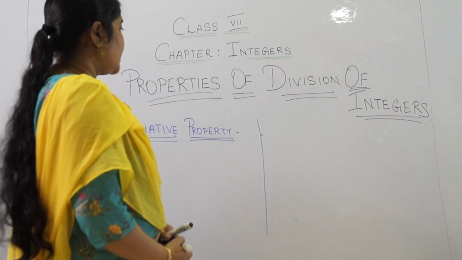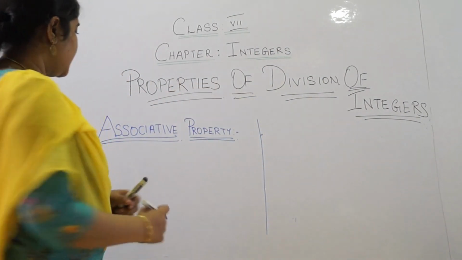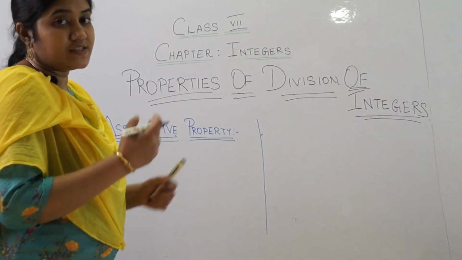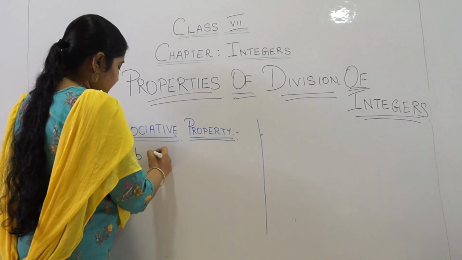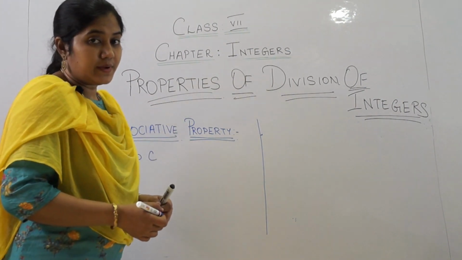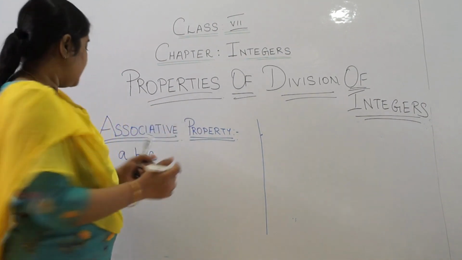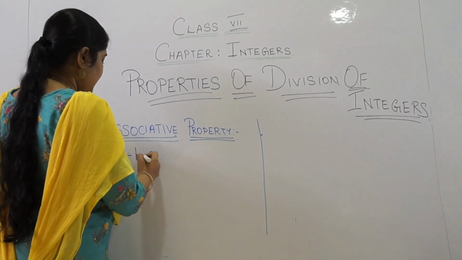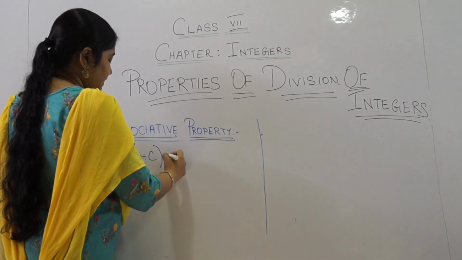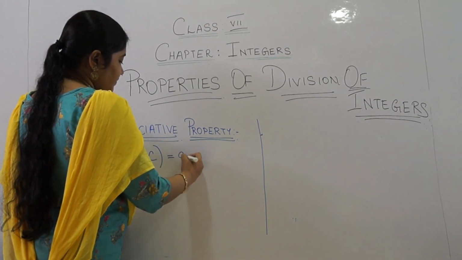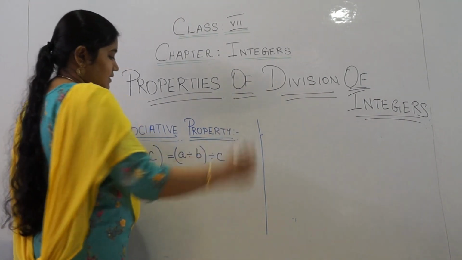The next property that we are going to see under division of integers is the associative property. So here associative property again involves three integers, a, b and c. And one more thing that we remember is in associative property, we group the integers, right? So since it is division, a divided by b divided by c. So here on my left hand side, I group b and c. Now this should be equal to a divided by b, now the grouping is changed, divided by c.